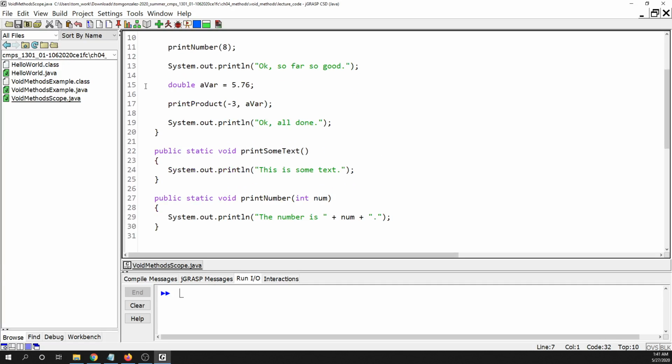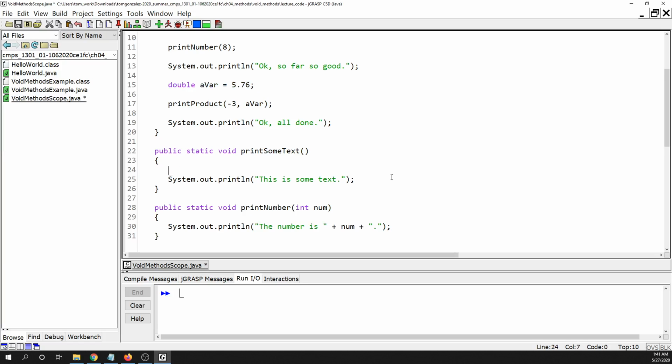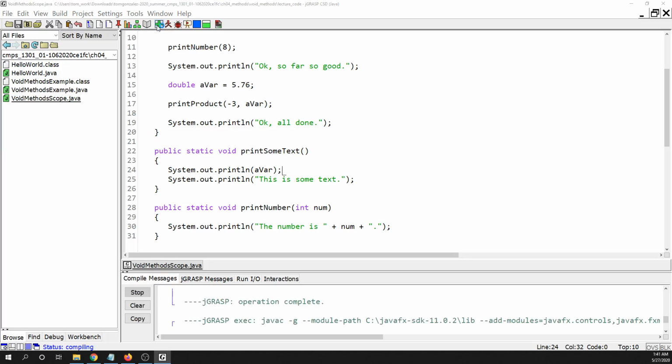Okay, so they'll be programming and they'll see a variable like this, double avar. Okay, and they will say, hey, well, I need to use that in some other method down here. And so what they'll do is try to use that variable like this. Let's say I just want to print it out, and then they compile